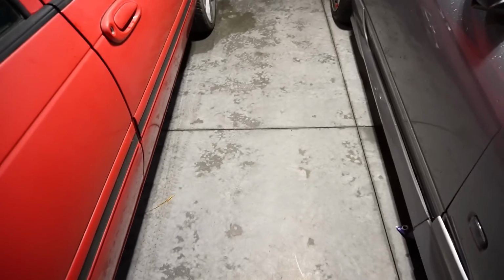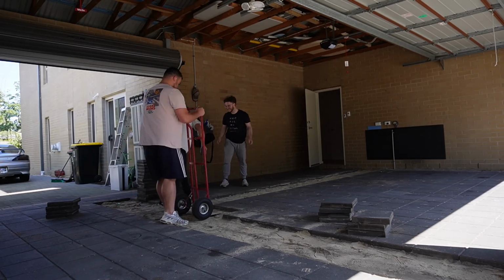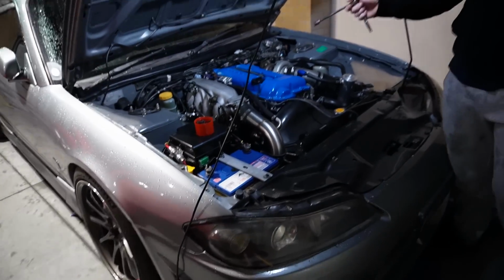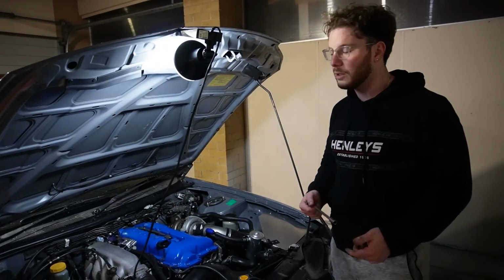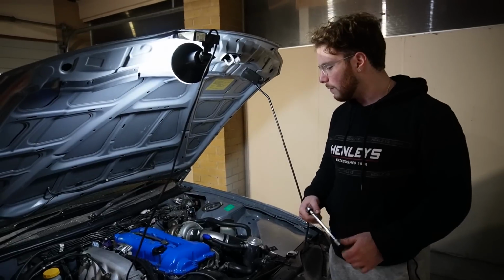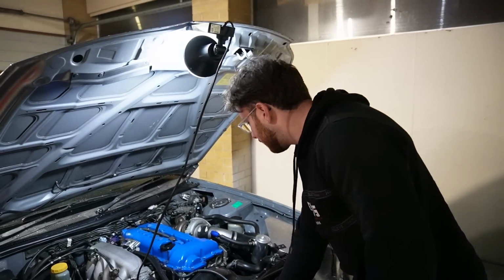At the moment, I can't actually jack up any cars on my concrete because it's completely fresh. You would have seen the last video of us just briefly ripping up the pavers, and now there's fresh concrete laying on the ground. So we're just taking a break from that and we're working on this thing. Last week, this decided to piss oil everywhere, and it came from the rocker cover gasket, so I need to change that again. Probably due to the fact that I replaced the VCT and didn't replace it last time, so...